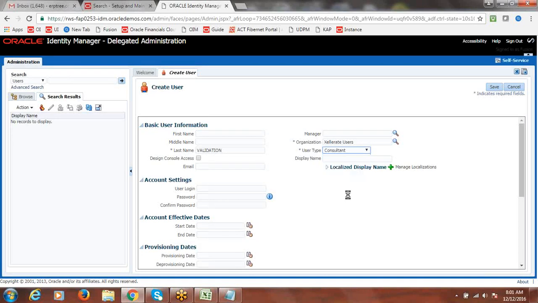Select user type, say consultant or employee. It won't make any difference even if you select any value. Validation. Then save it.